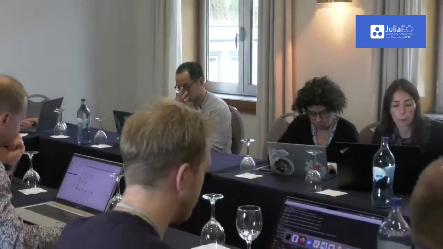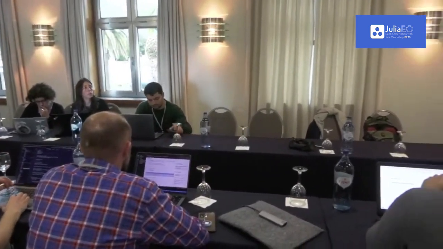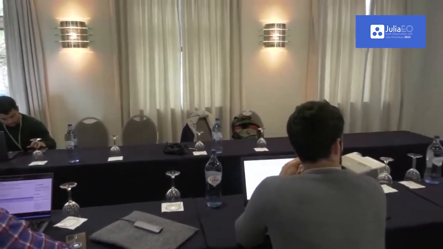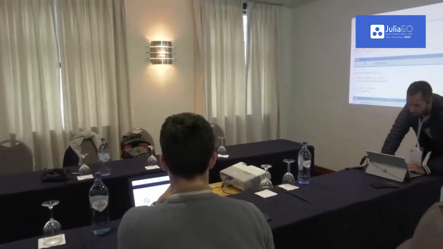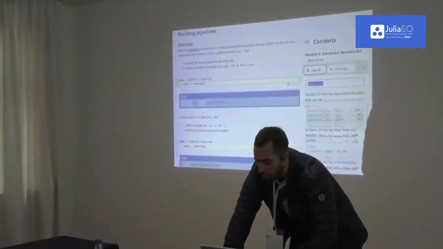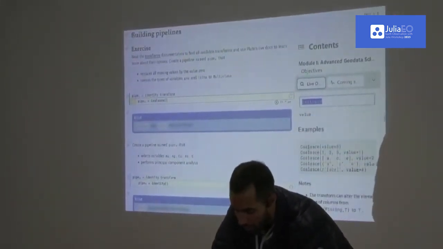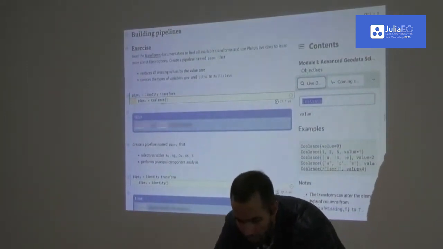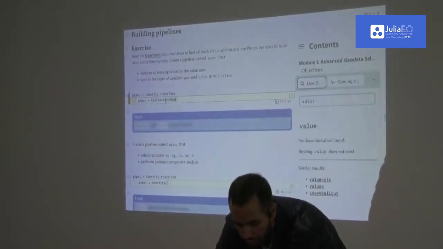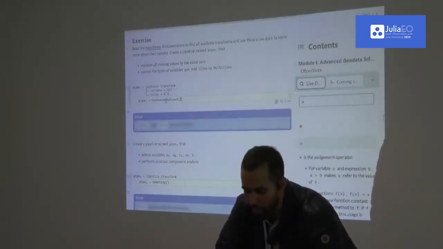So the first transform is replacing missing values, right? There's this operation in data science called coalesce, or in stats and machine learning, right? So you say coalesce. This is the transform, and if you open the live docs here, you see that it asks for what's the value that you want to replace the missing by, right? So you say replace missing values from the table with this value. You can also specify specific columns or a regular expression to choose columns to do this operation, right? But here's, for example, coalesce with the value 0. So I would say coalesce with the value equals to 0, and it creates my first step of the transform